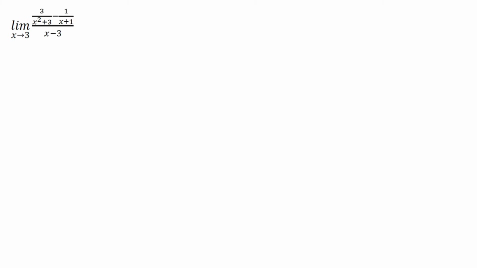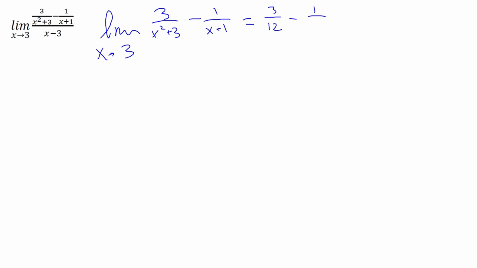And we've got one more here. I guess I don't see why not. Let's just use L'Hopital's rule again. That seems like it's going a little more quickly for us. So we'll do a limit as x approaches 3 of 3 over x squared plus 3 minus 1 over x plus 1. Well, that's 3 over 12 minus 1 over 4, which is clearly 0. And the limit as x approaches 3 of x minus 3 is also clearly 0. So we'll use L'Hopital's rule,